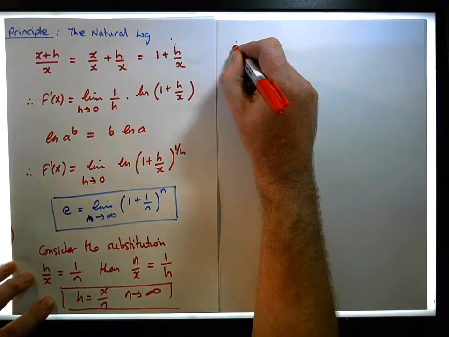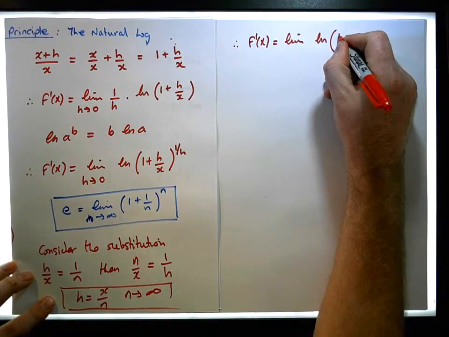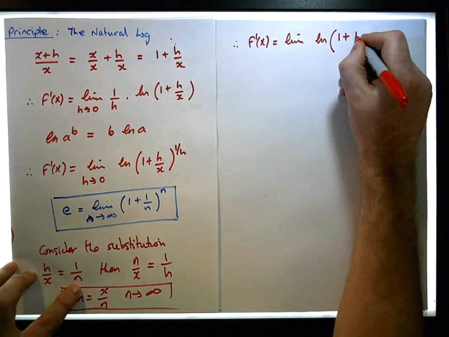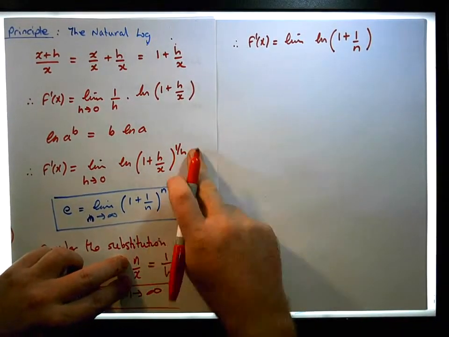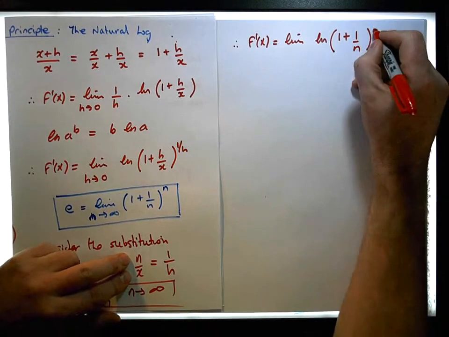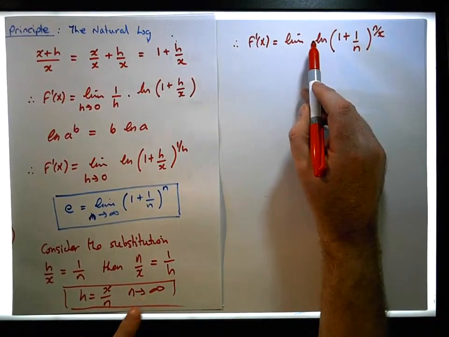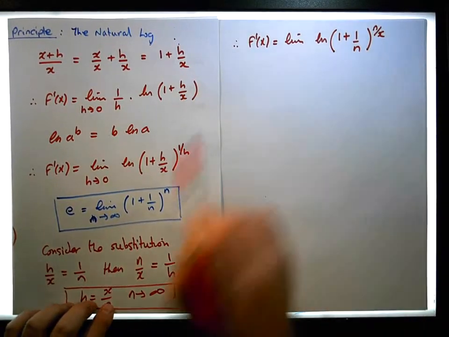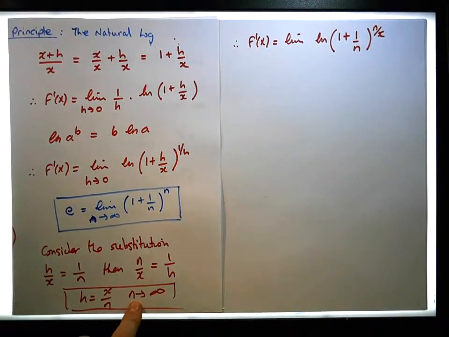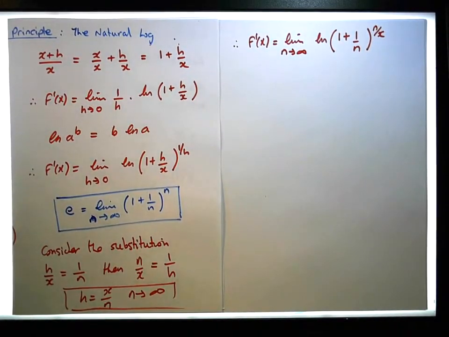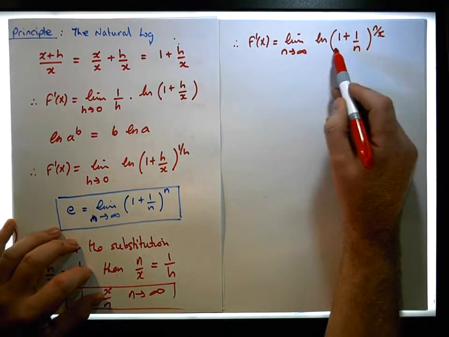So this now becomes, therefore, f prime of x must be equal to the limit of the natural logarithm of 1 plus h over x becomes 1 over n, raised to the power of, well, 1 over h is, from that substitution, the exponent here is n over x. So this becomes n over x. Instead of h tending to infinity, because we have a change of terms here, to keep the same characteristics, we have now that n tends to infinity. Now let's just mess around with this here, because this is a logarithm. So if we remember with logarithms and if we remember with exponents,